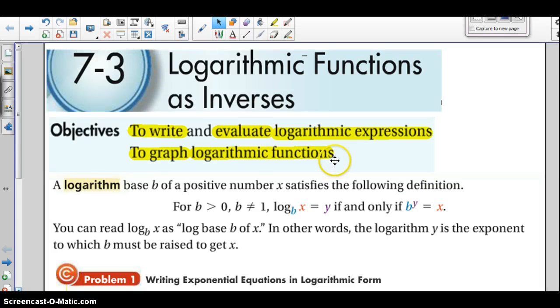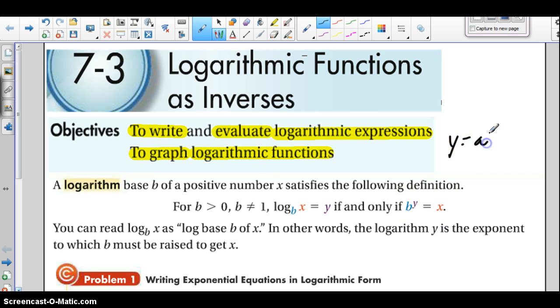Okay, welcome to section 7.3, logarithmic functions as inverses. And you're probably thinking, well, the inverse of what? Well, recently we've been working with exponential expressions, and those expressions have looked very similar to what we have here,